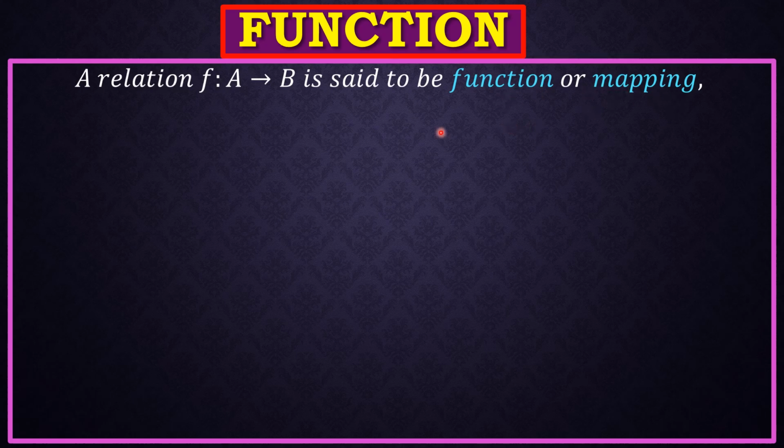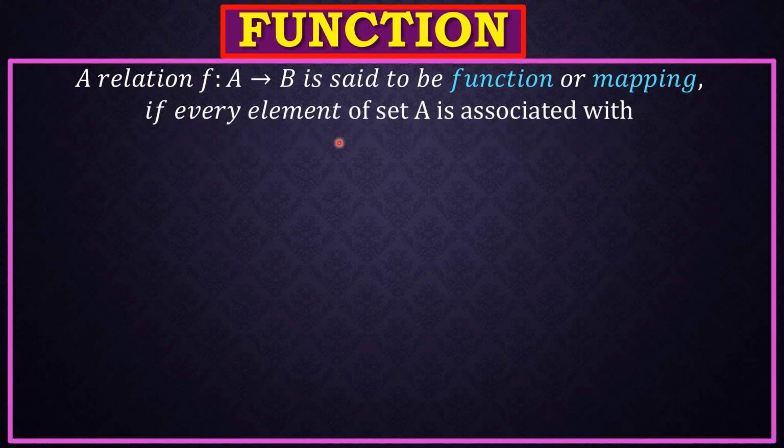Here there exists one condition, that is, every element of set A is associated with a unique element in the set B. Here we take one element in set A, one element in set B. That element in the set A is related with a unique element in the set B. For example, if we take 10 elements, that element is related with one out of the 10. Any relation where that condition exists is called a function or mapping.